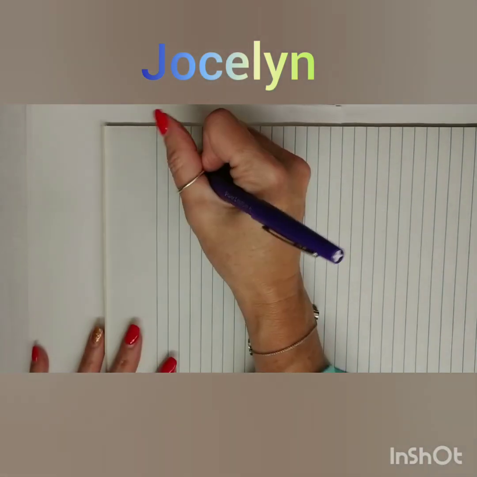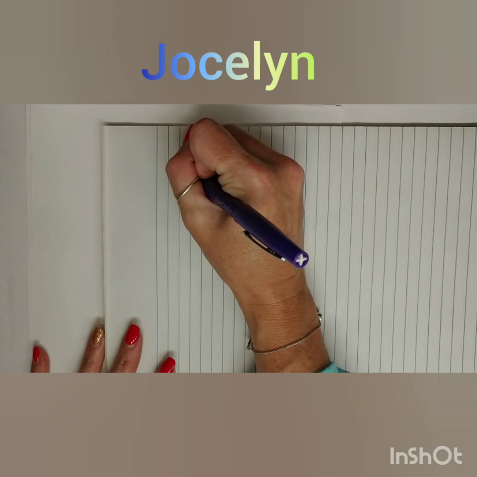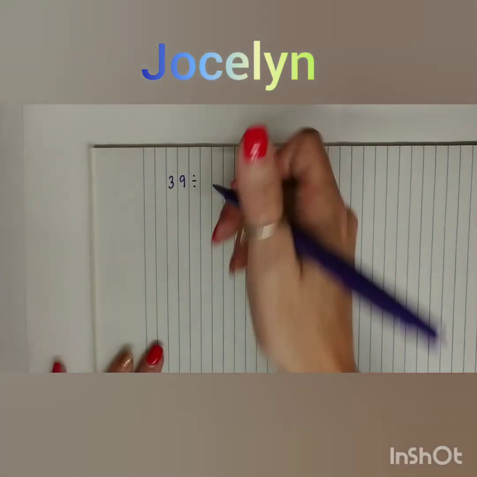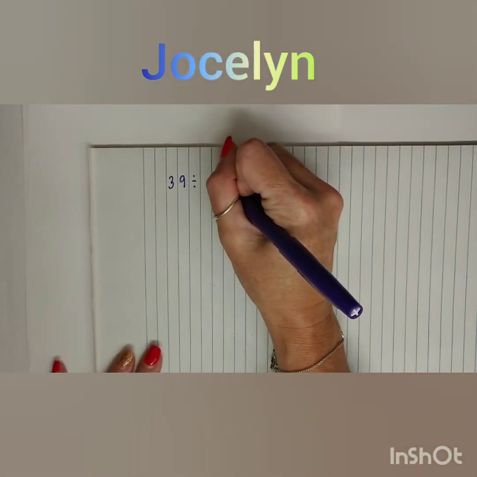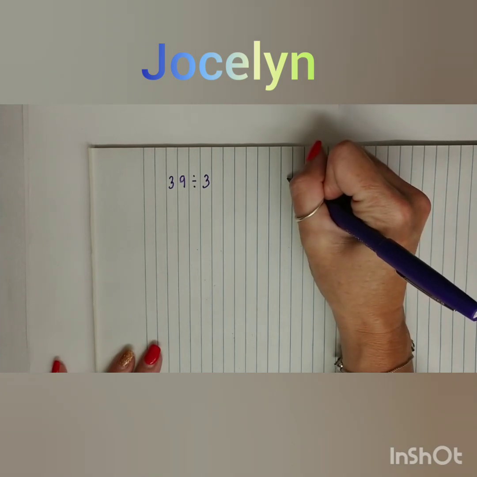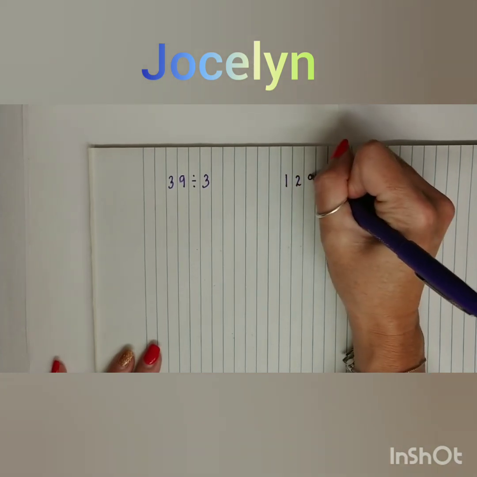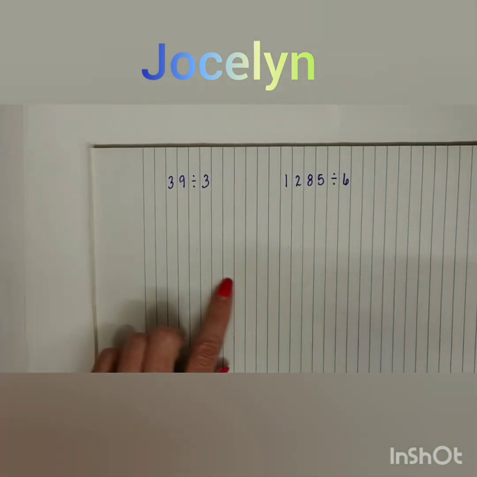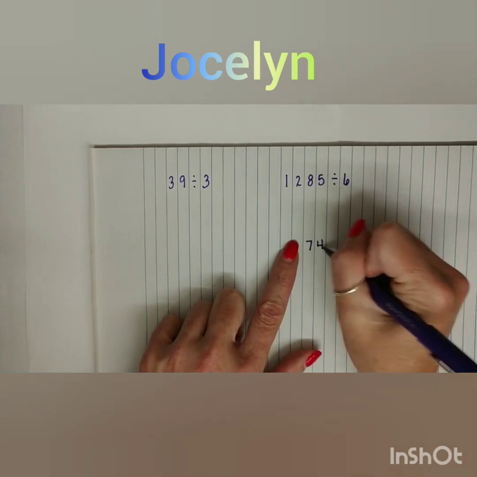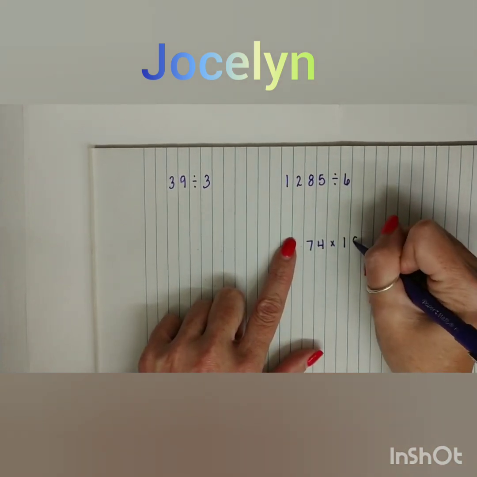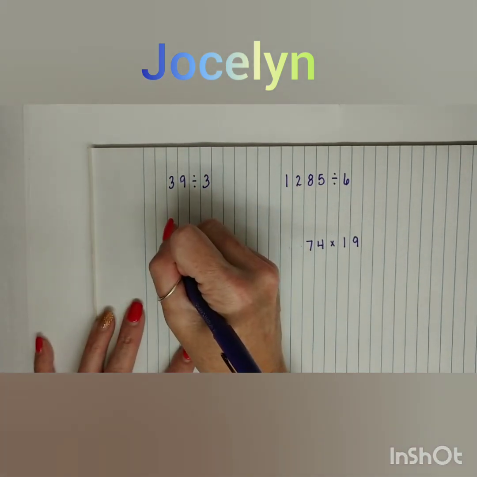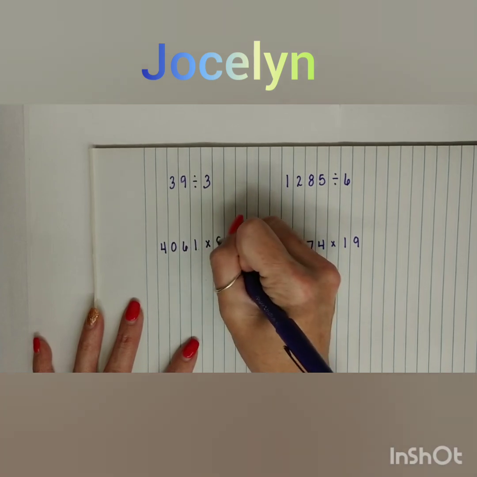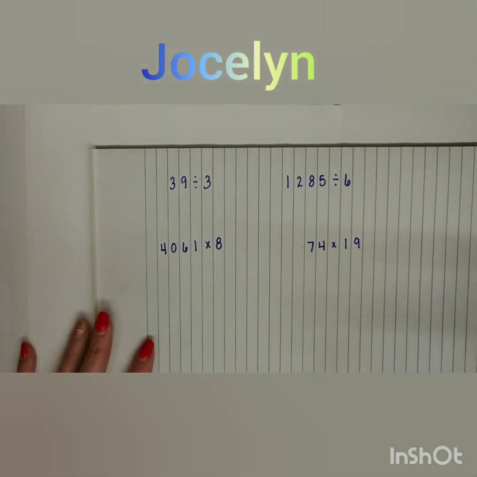So we need to practice a little division. Let's do 39 divided by, let me make sure you can see that. Yeah, 39 divided by 3. 1,285 divided by 6. Multiplication, 74 times 19. 4,061 times 8. And then you're comparing fractions,